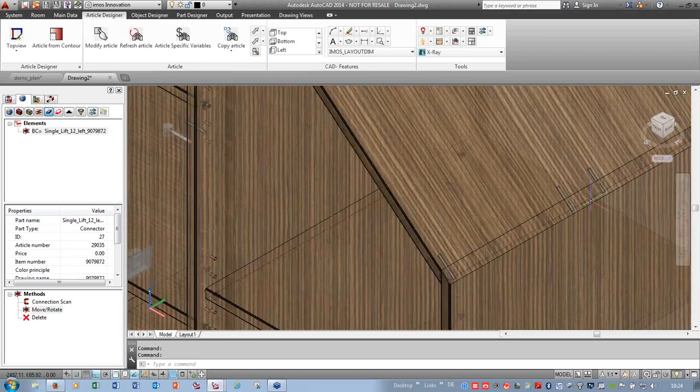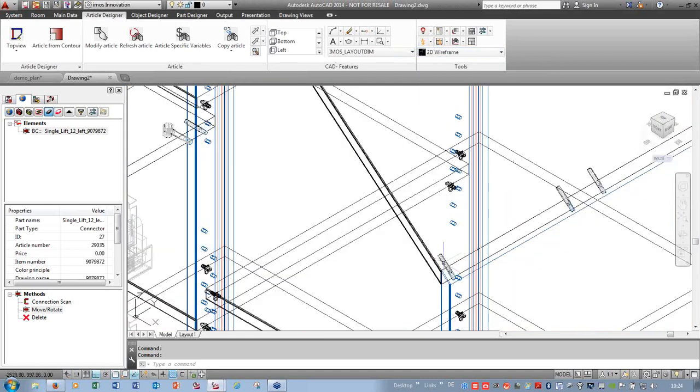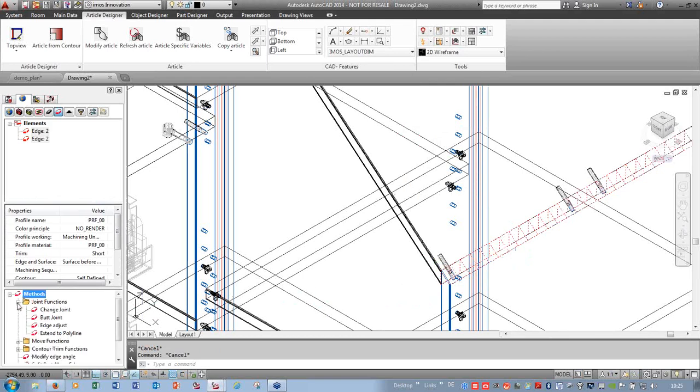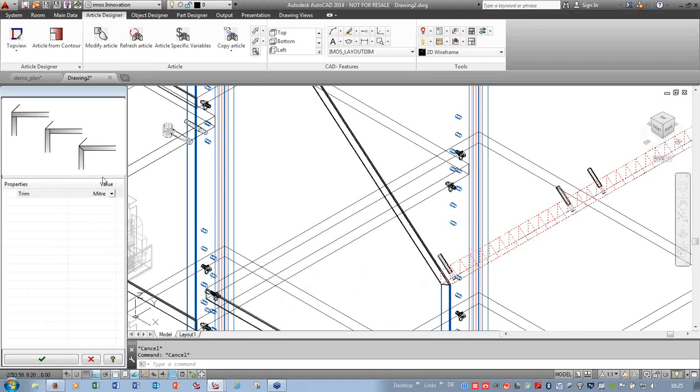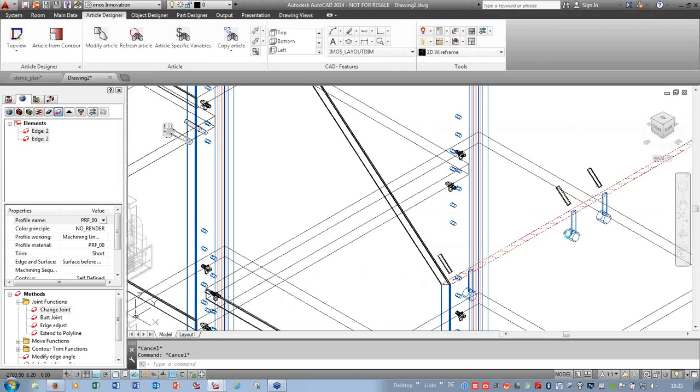What we can do also is change here the connection between both edges. Here the side panel goes through. I like to change it. I select the edge and the other edge, I go to my joint function, and I change the joint from lengthwise to a miter solution. I agree with it. And now also my cam connection will change according to my new